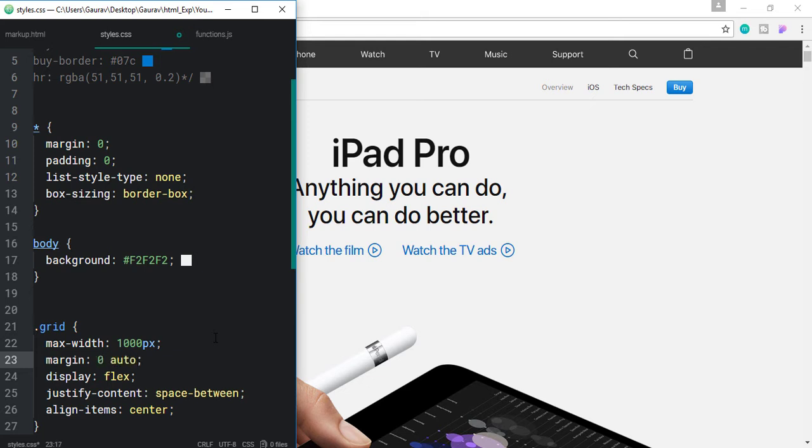So those who are going to have this class, they are going to be horizontally centered.